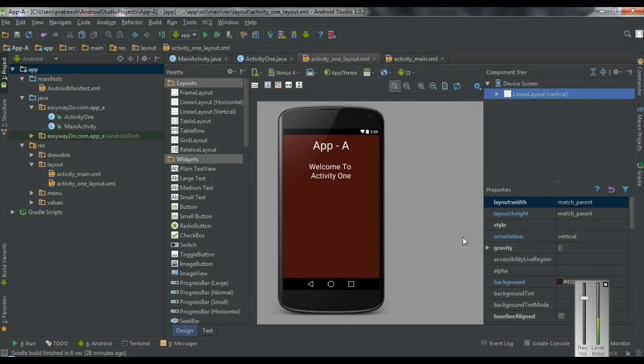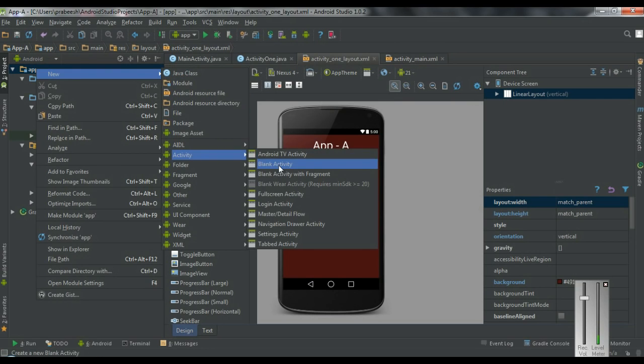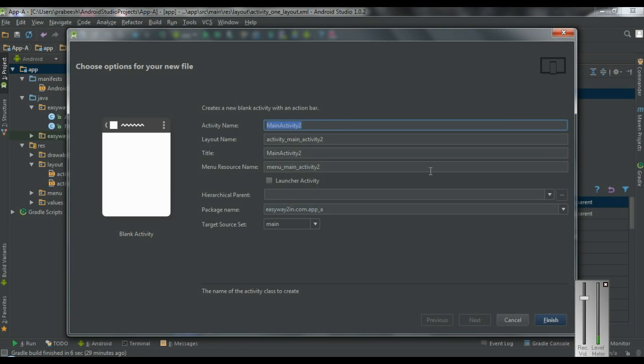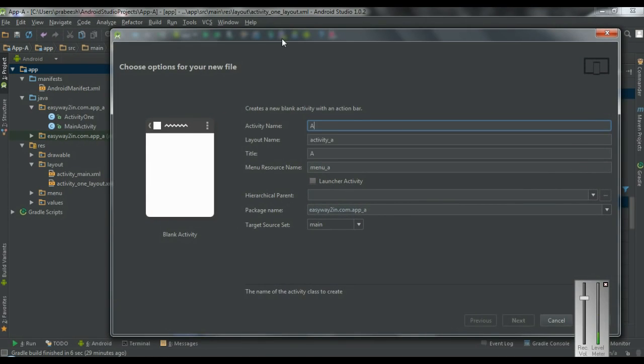Now I am going to show you how to use the implicit intent. So by using the implicit intent, you can start a component which is available in another application. So for that, here I am going to create another activity. So right click the application and create a new activity. It's a blank activity. I name the activity as activity2